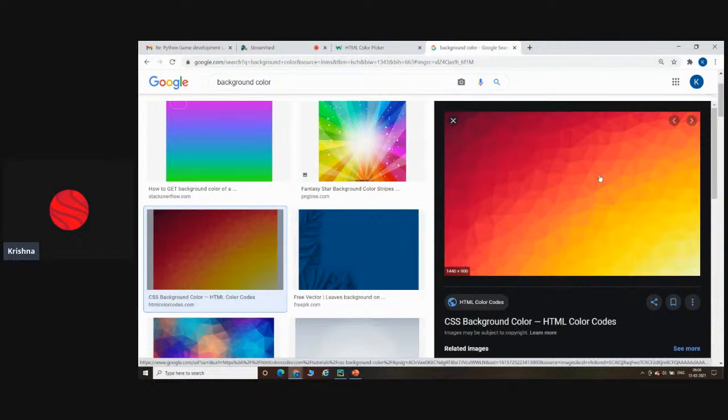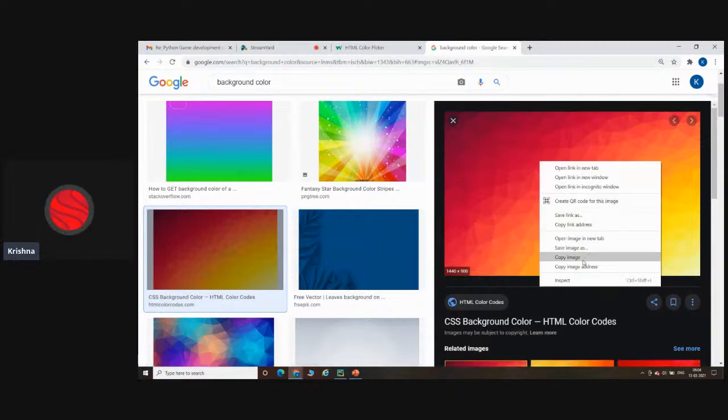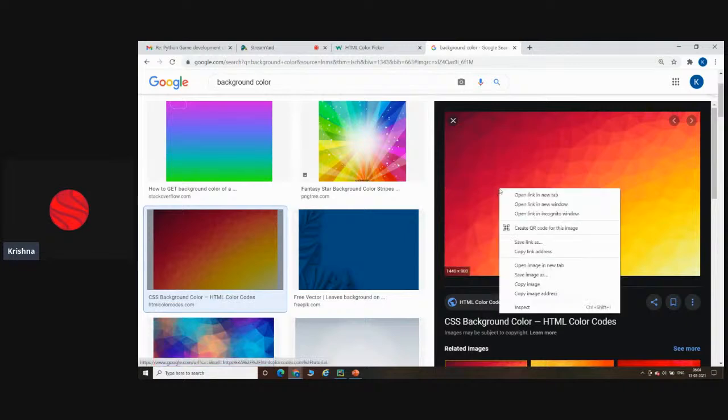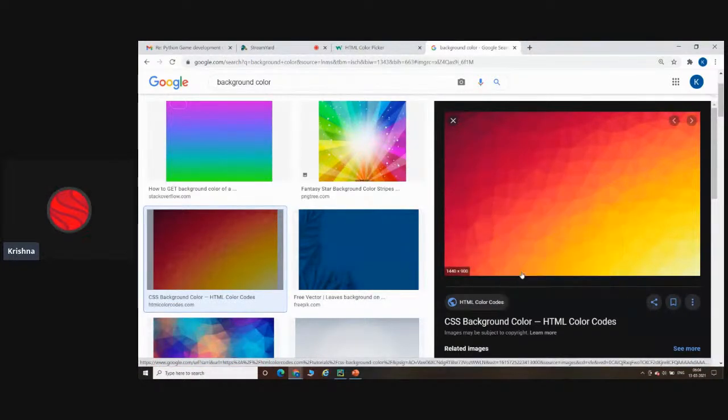Now how to make these kind of images the background color, or let's say the background image, we can say. So first things first, you just have to download these images first. So first we can just save this image like this, choose whatever your folder is. So, save image as,